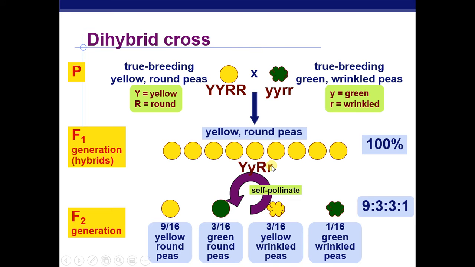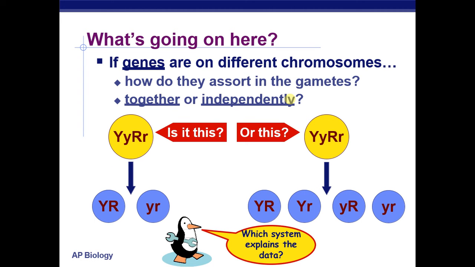And you might remember, you might not remember, that we can do Punnett squares with two and even more traits at the same time. So, what's going on here? If genes are on different chromosomes, how do they assort in the gametes? Together or independently? So, for example, if this is our cell we start off with and we're making gametes, sperm or egg cells, do we take,